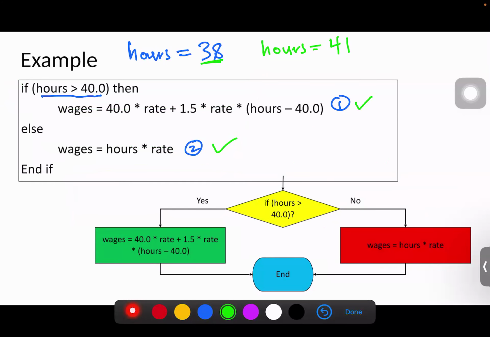Yes, with this one, if it is the true statement, that's the yes one. You said we should draw only, if it is true statement, we should draw only the green part. But if it is false statement or no statement, we should draw only the red part. Will there be a case that you'll be asked to draw the true statement and the false statement, or you'll be asked to find only the